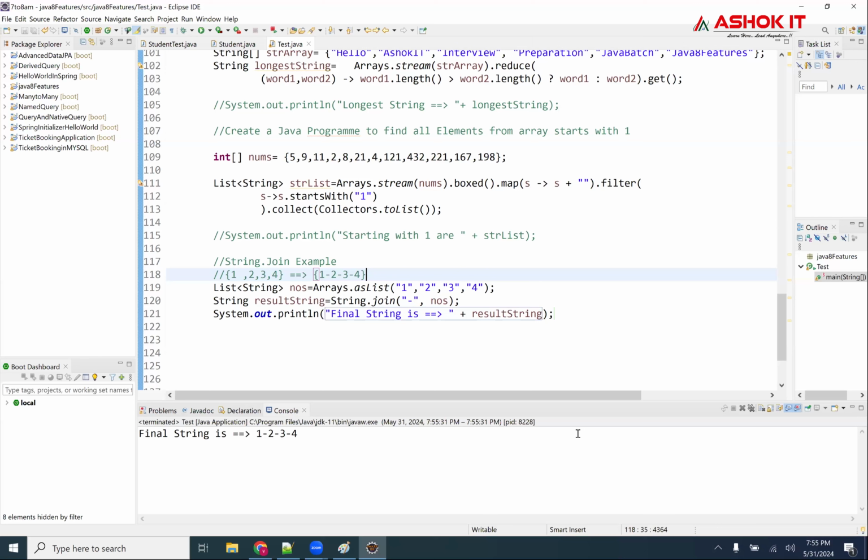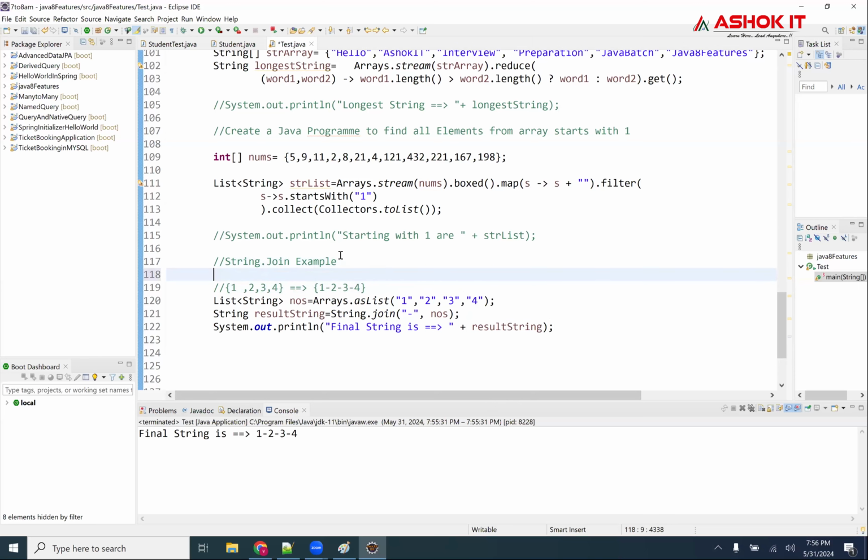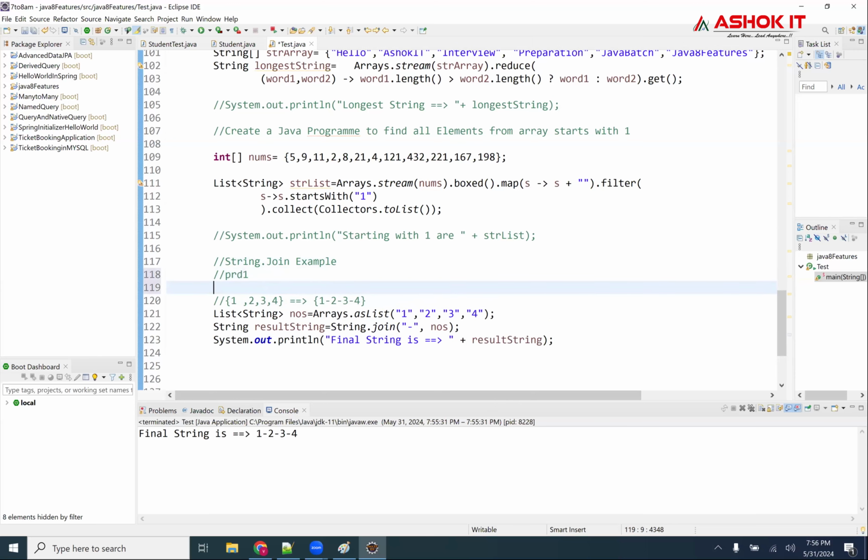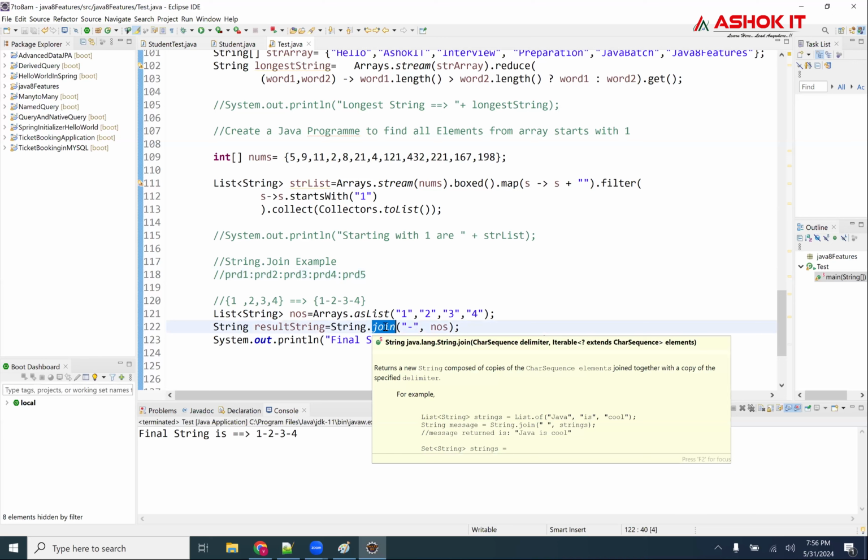You want a string like prod 1, colon, prod 2, colon, prod 3, colon, prod 4, colon, prod 5. All the products available in the cart, the front end should send with a colon to the back end. In that case, string dot join will be very, very useful.